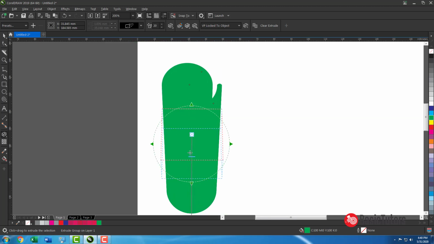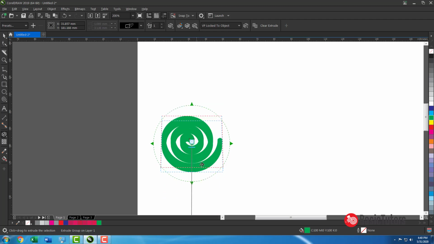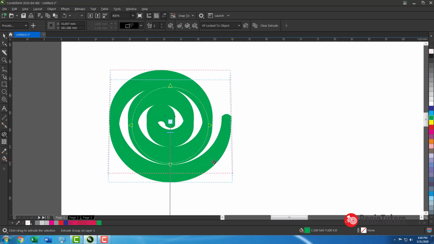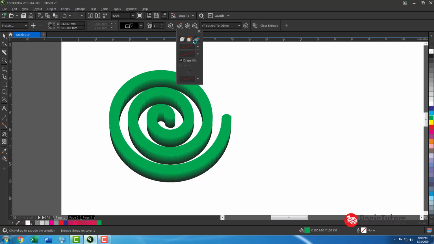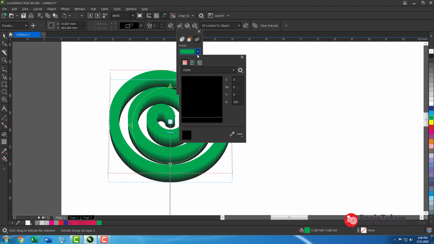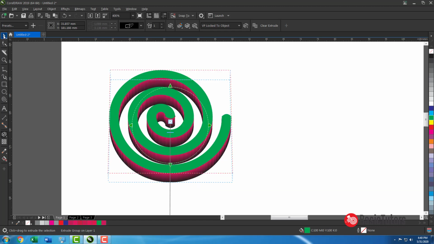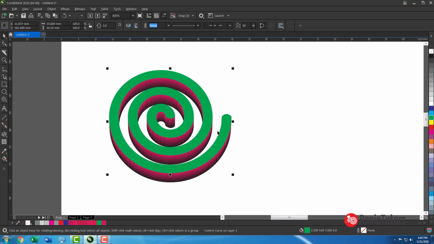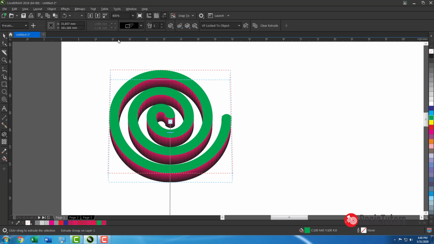You need to reduce the extrusion value. See, extrusion happens, but you need to fill with a different color, then only it shows. I use color shading. Then I may get something like this. Okay, fine.